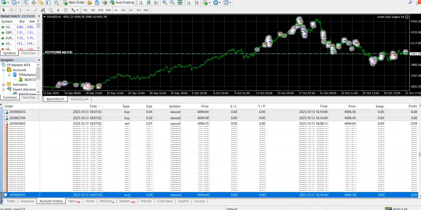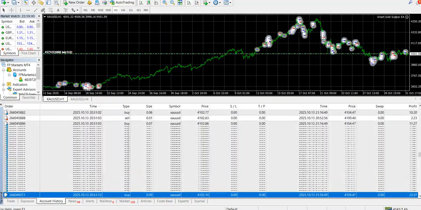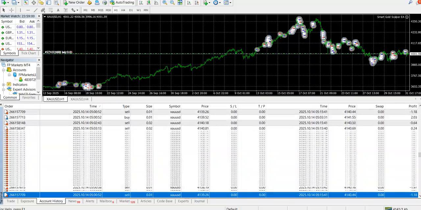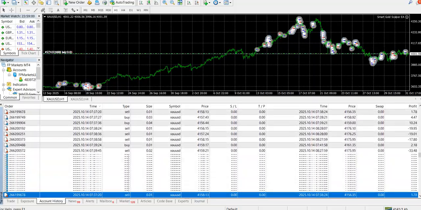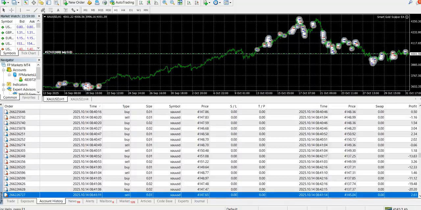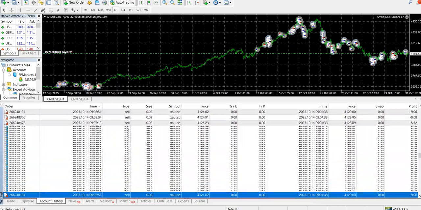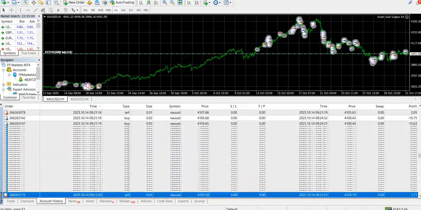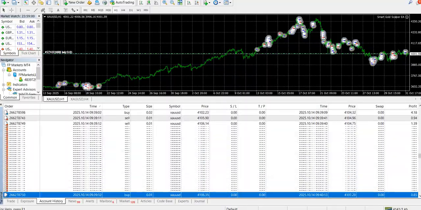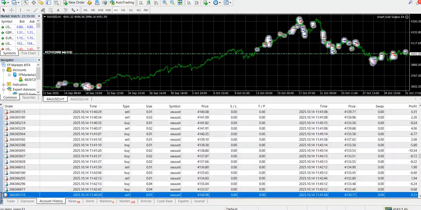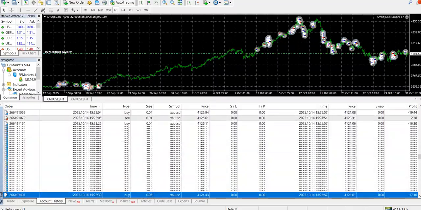Some people might say that you are trading in a trial account, so how is it going to perform in a real account? We have traded in a real account also, in the previous video, or the previous account that we closed earlier. For 1 week, 2 weeks, 3 weeks, 4 weeks, 5 weeks, some kind of changes could happen. But if an expert advisor is performing for over 3 months,